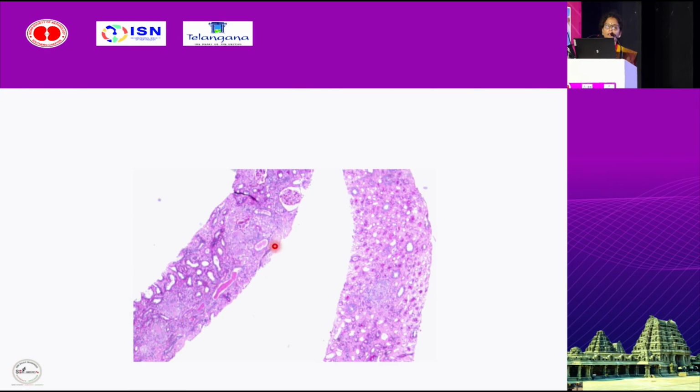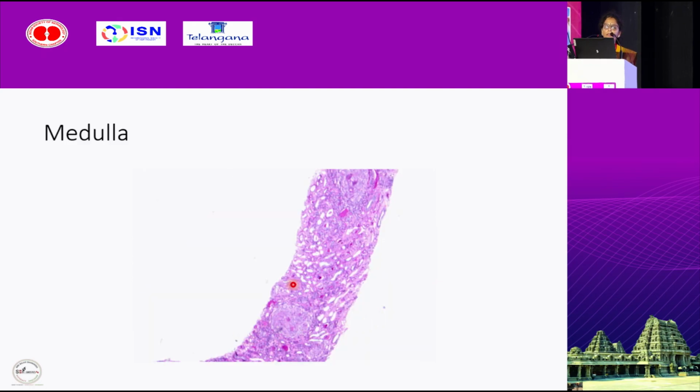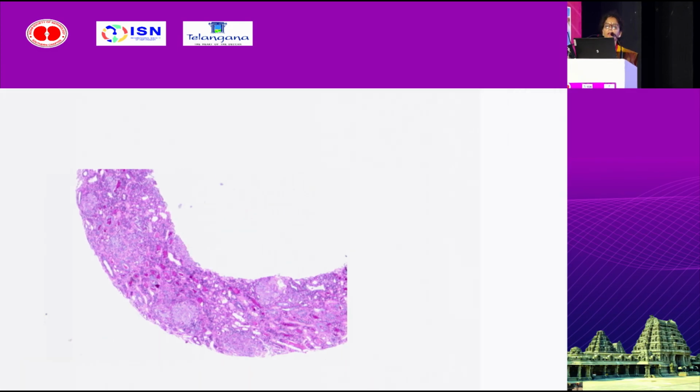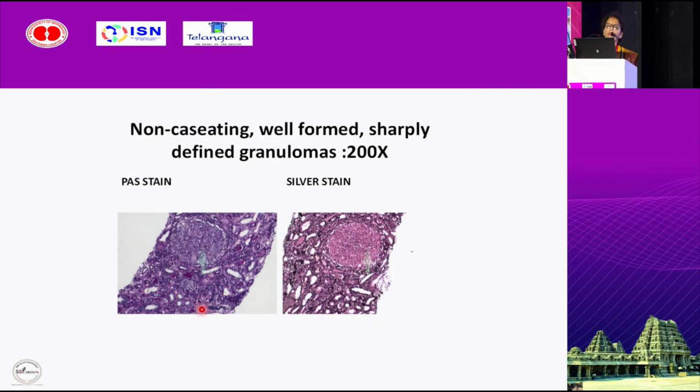This is the cortex and this is medulla, and this ball-like structure is a glomerulus which is apparently looking normal, but still there are these round ball-like structures. They are seen throughout the cortex and also one in the medulla. These 2 ball-like structures are seen in the medulla and in the cortex also. So this was giving an appearance of cellular crescents on low power, but when we saw on 20x, this is PAS stain,